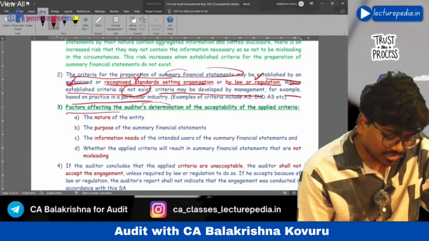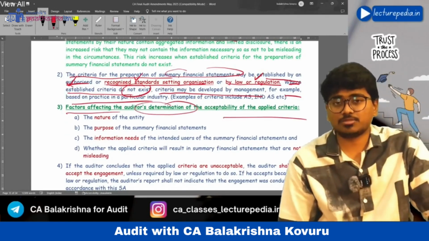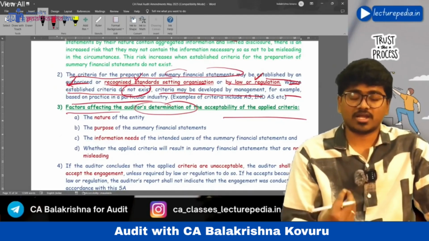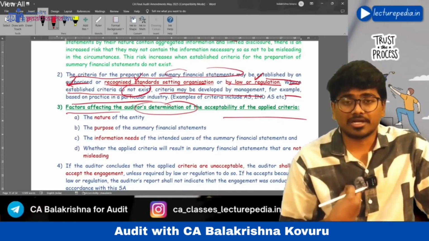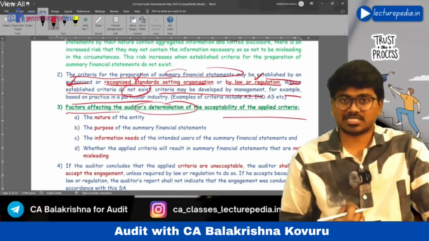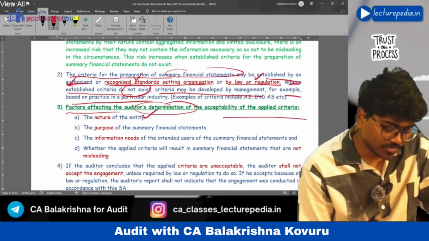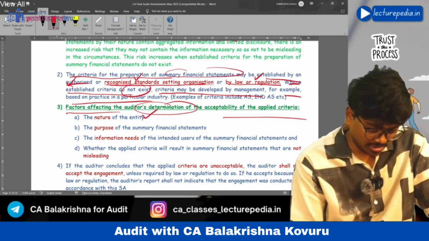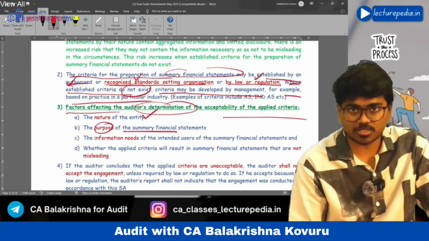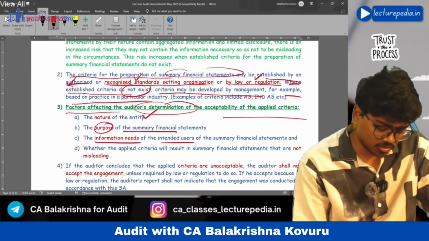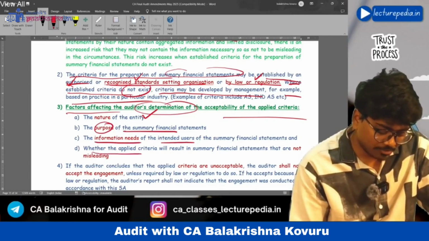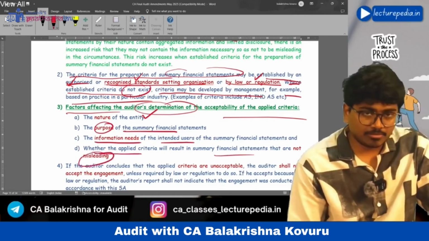Now, factors affecting the auditor's determination of acceptability of applied criteria. What factors will affect the auditor's determination of whether to accept the criteria or not? Firstly, the nature of the entity, and the purpose of summary financial statements. Information needs of the intended users, and whether applied criteria will result in misleading results.